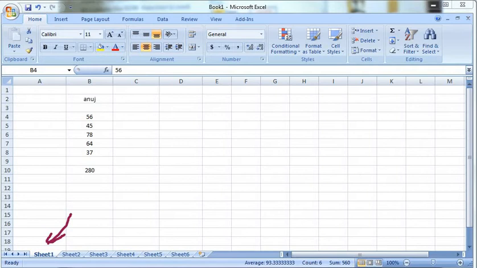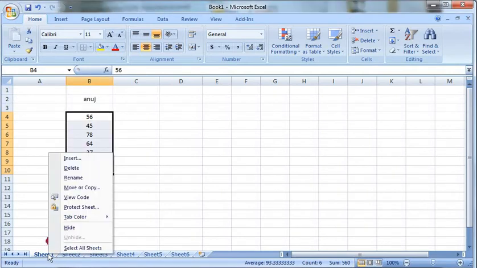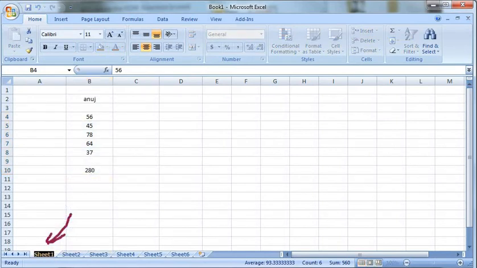So what I will do, I will right click on it. And here you can see the option Rename. I will click on it, and now that tab is activated, meaning I can change the name, right? Suppose I want to write Class 7th. I have written it. Now I have clicked somewhere else, right? Now its name has been changed to Class 7.